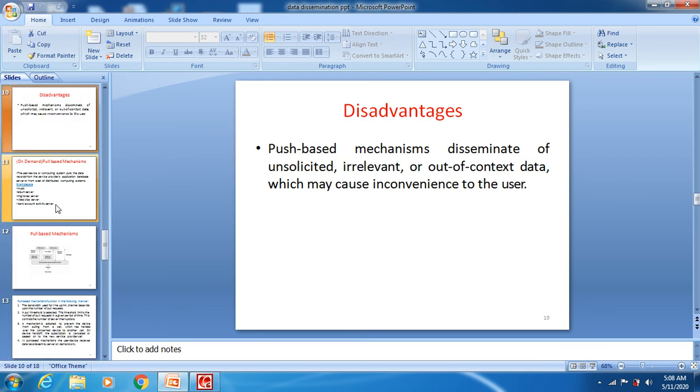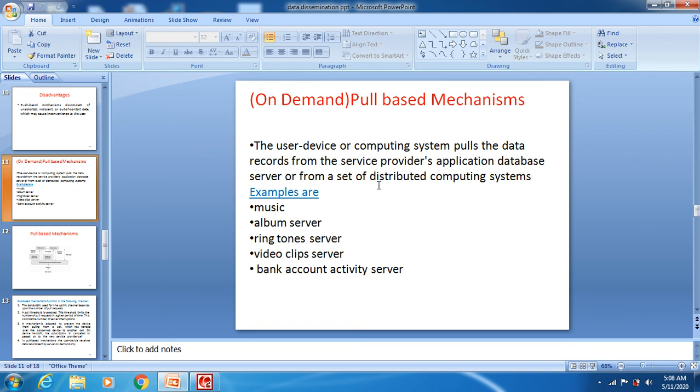So next one is the pull based mechanism. This pull based mechanism is also called an on demand mechanism. It is simply like a client server system. So what happens in the client server system?